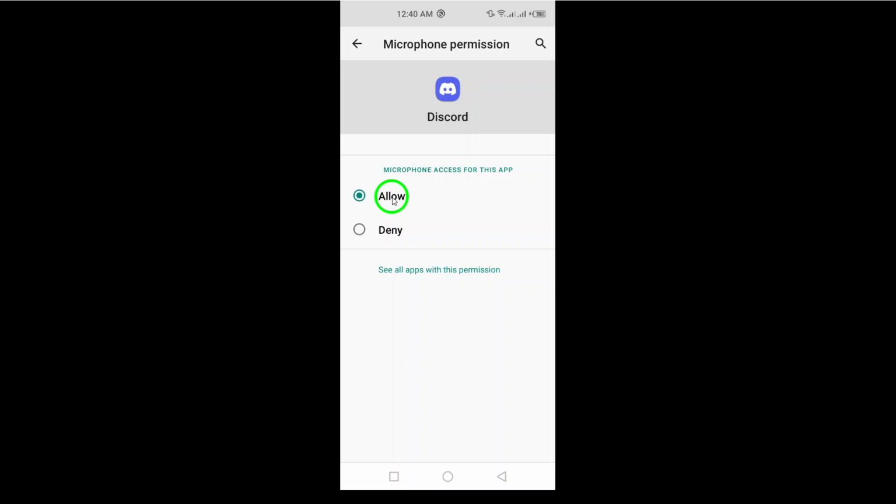in use. And there you have it. You've successfully allowed Discord to access your microphone on your Android device. You're now ready to enjoy seamless voice chats and